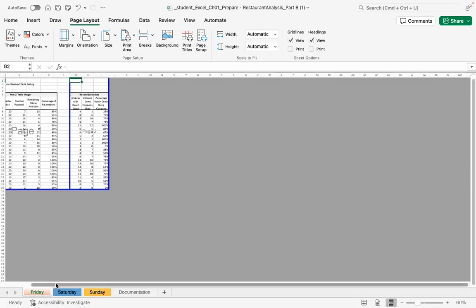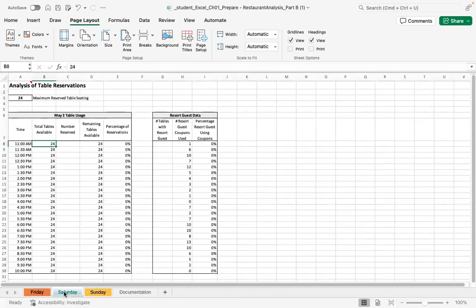We do. I'm going to move over to Saturday. And this time I'm actually going to show you a different way to put in that page break. It was the same way in which we cleared it. If I want a break between column F and column G, again, I'm going to start in G1. So G1 is the upper left-hand corner of that second page. Under page layout, click this down arrow, insert the page break,